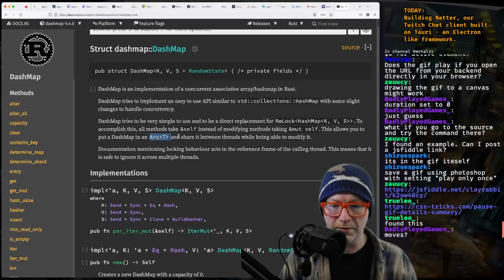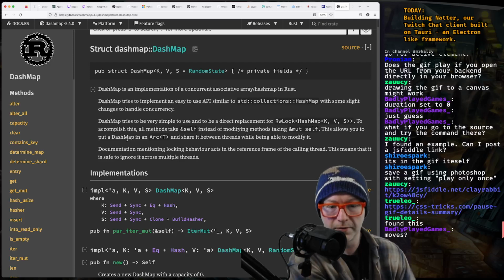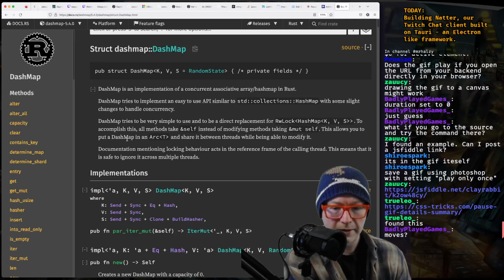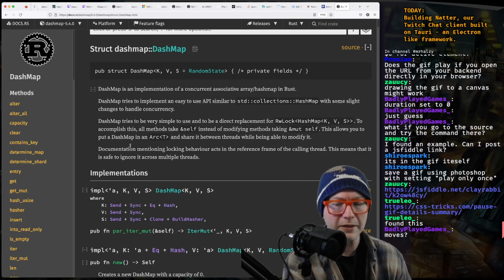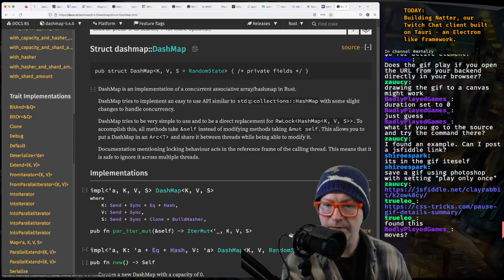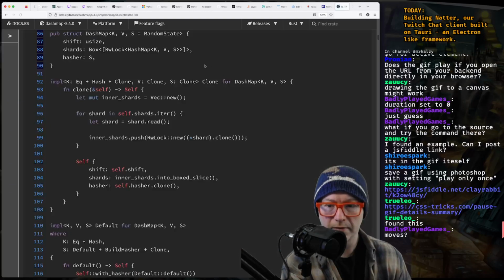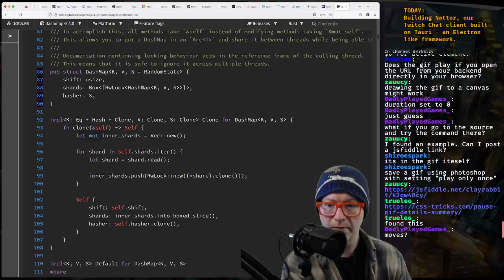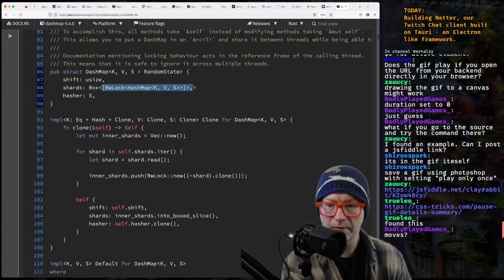Maybe Arcs? Okay, it has internal locking, internal mutability. Okay, so no, we don't want to clone that.